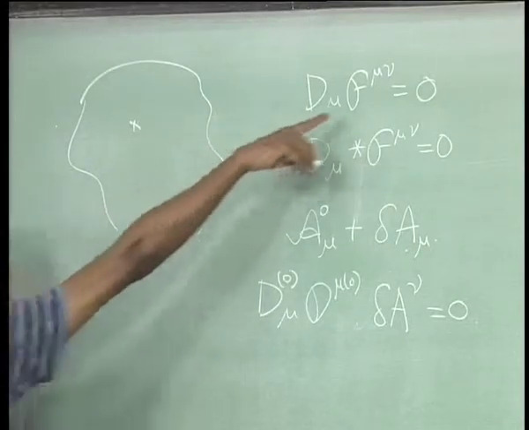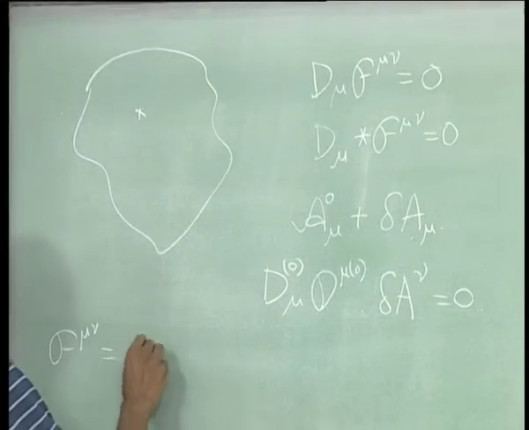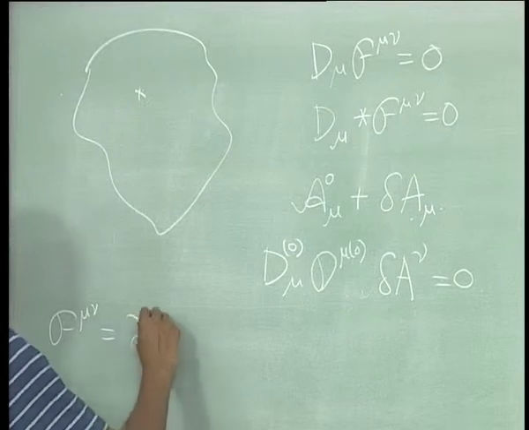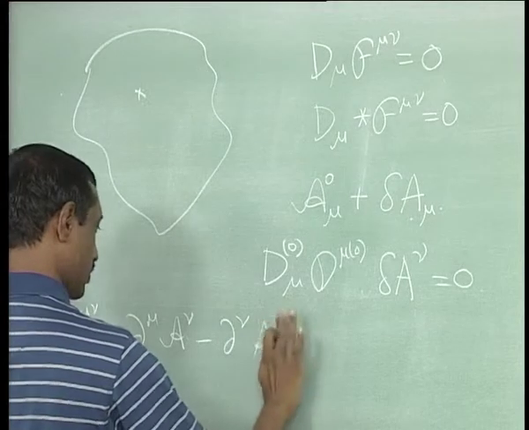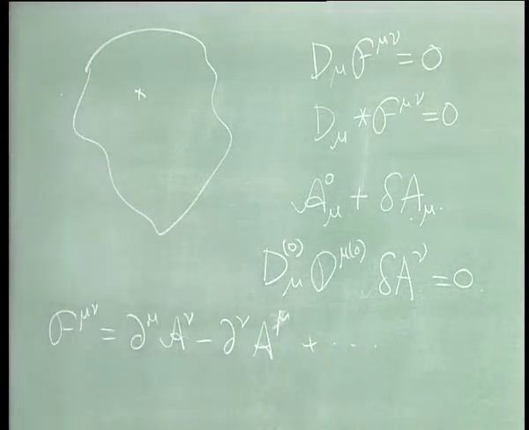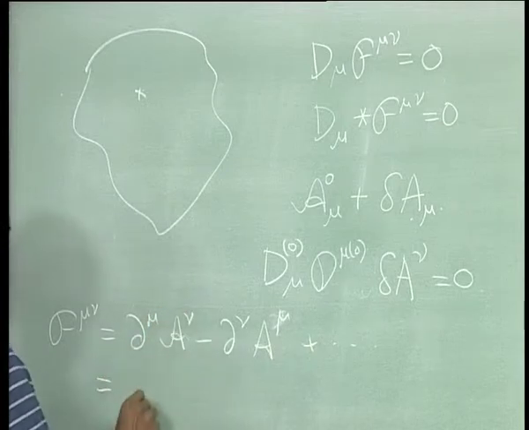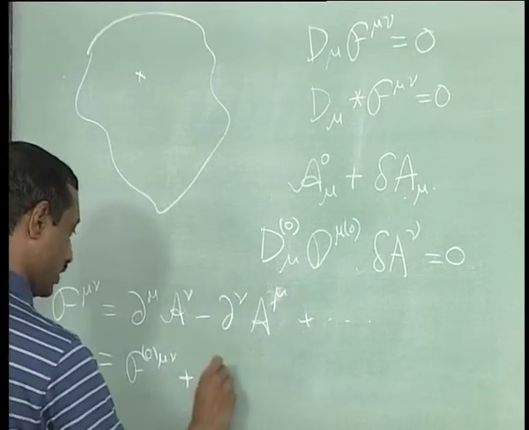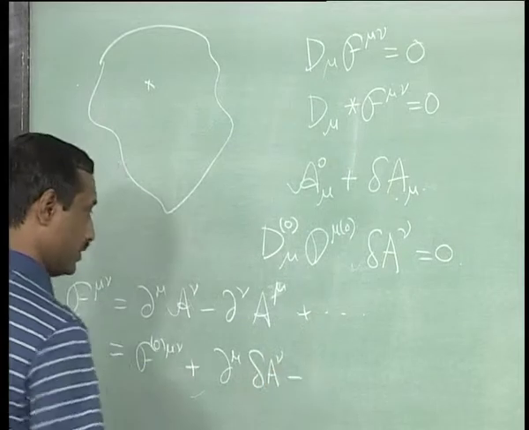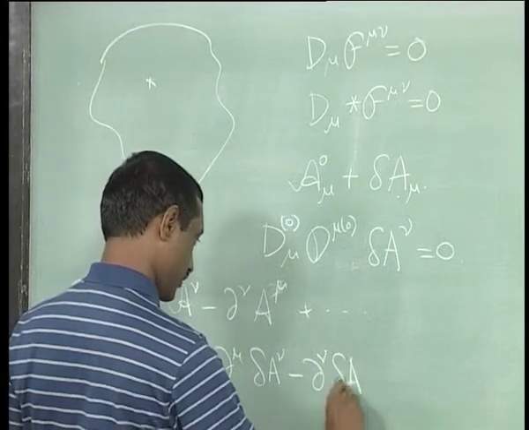Okay, so what I have in mind is, let us look at what I am doing here. F mu nu would have been d mu. So, I have a whole bunch of terms. So, let me write out this term. Plus there is the other quadratic piece, but just look at this. So, if you are going to ask how does this look, you can see that to leading order, this will just become f naught mu nu plus this piece will give d mu of delta a nu minus d nu of delta a mu,